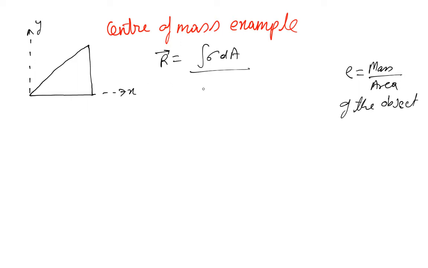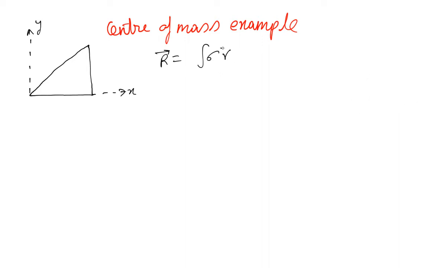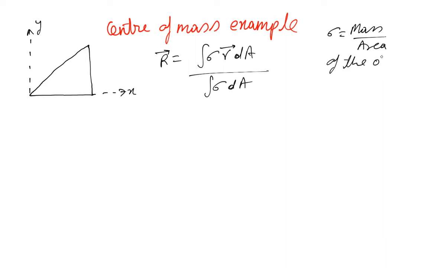and oh, I'm sorry, actually there should be an R here, and divided by sigma dA. Sigma is mass over area of the object. Now how to solve this? Well, you see,